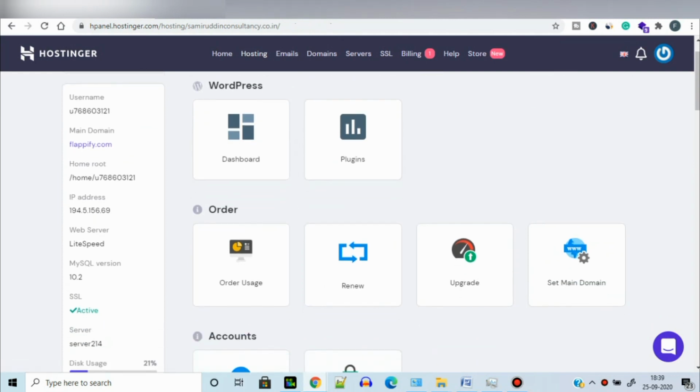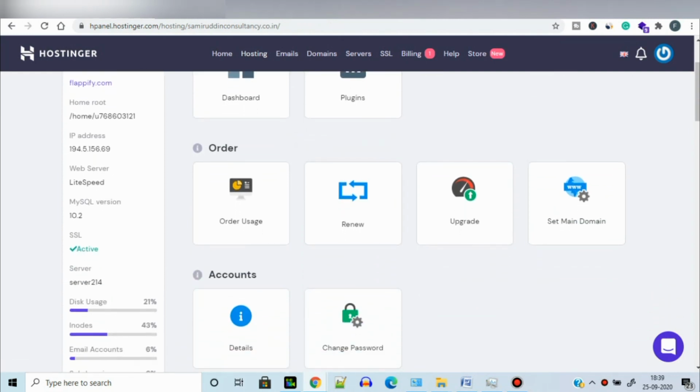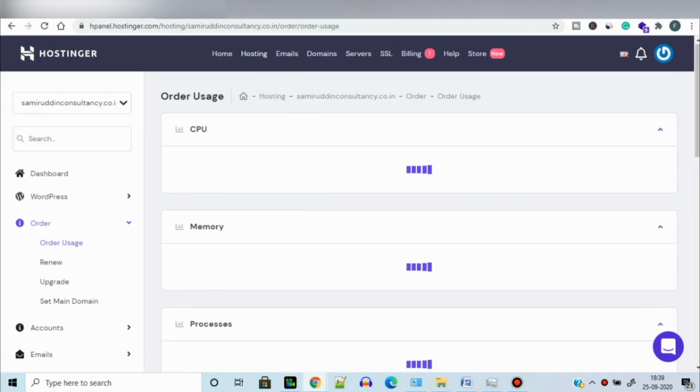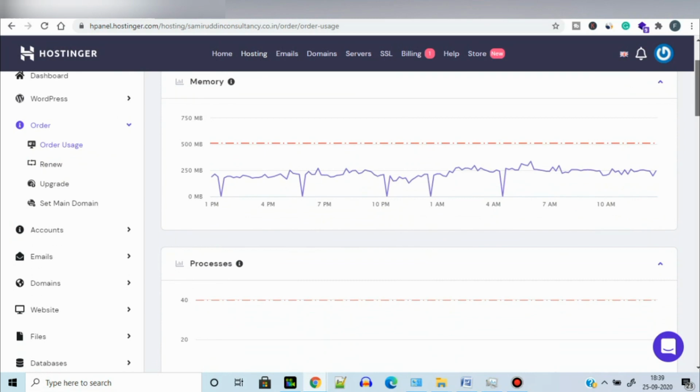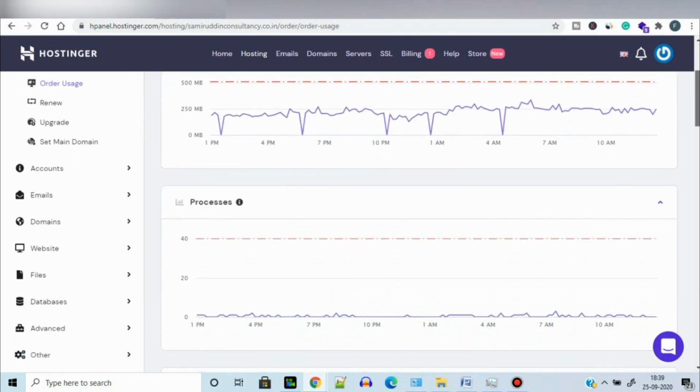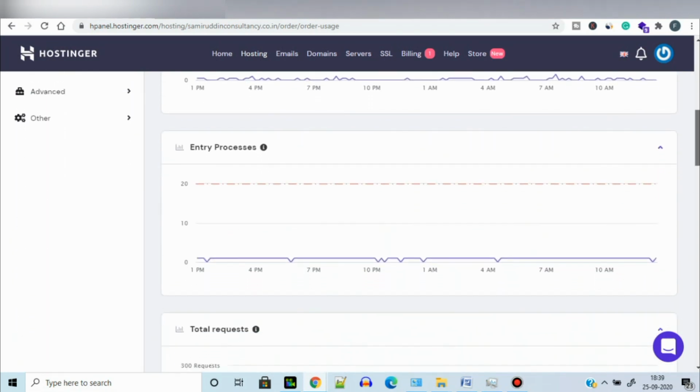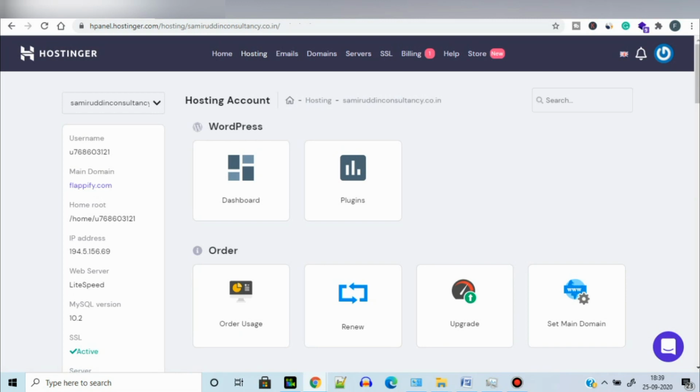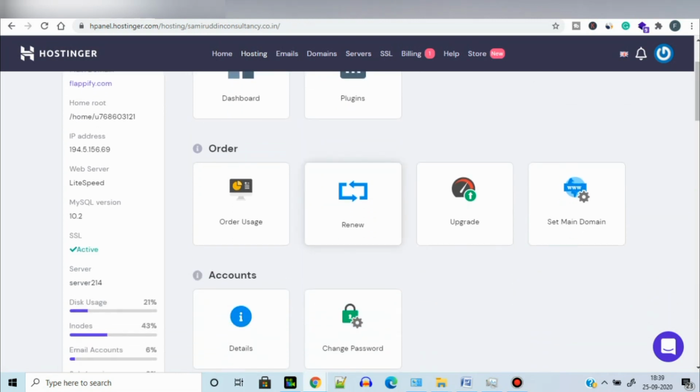Here you can check the usage of your plan. Here you can see the graph of memory, processor and bandwidth. You can renew, upgrade, and set one domain name as the primary or main one out of all domains.